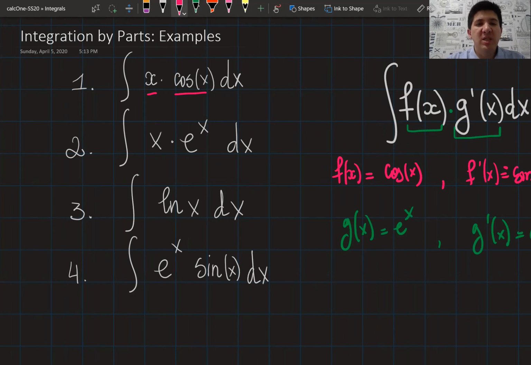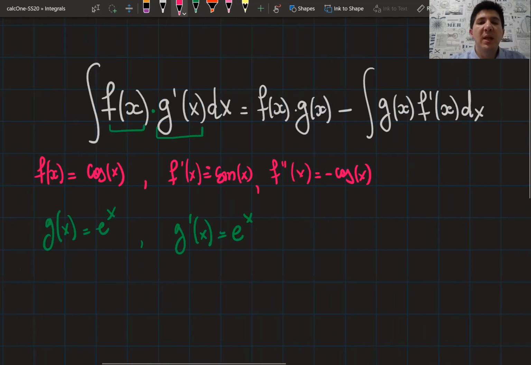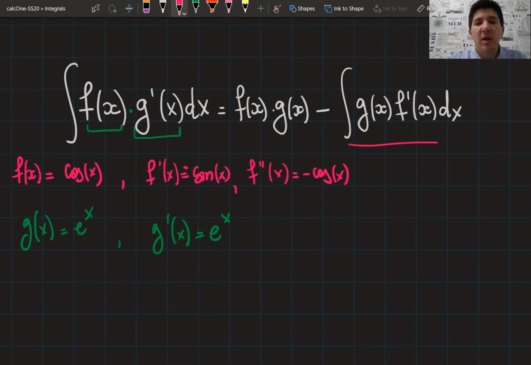But the main question is which function is going to be u and which function is going to be dv. In this case, I would like to give you a small tip: you need to always try to use the non-periodic function as u. I mean, you need to denote as u the function which is going to be eliminated in the second iteration. I call this the second iteration